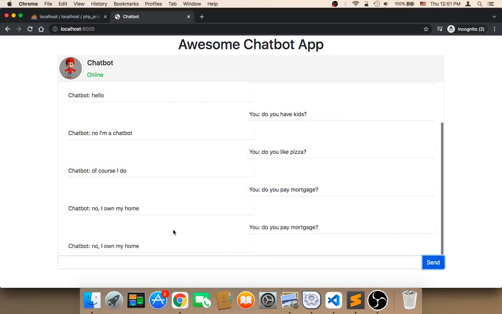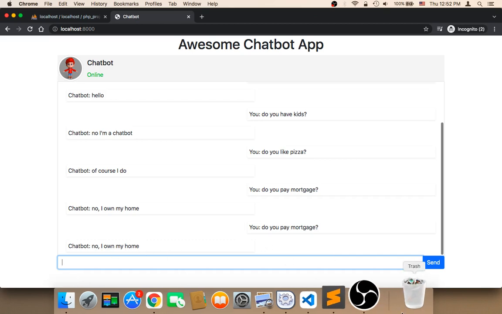Also, one of the most important things is that whenever you type something, we want to wait a little. We don't want the chatbot to respond immediately, because it would look a little weird. We want it to look like we were talking to a human being, and a human being, of course, would not respond immediately. A human being would take a few seconds to respond. So to add some delay here, you can say,